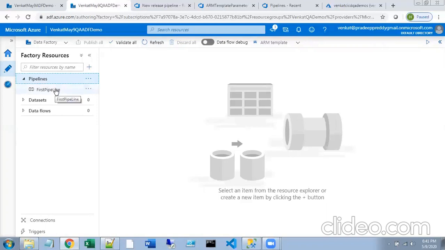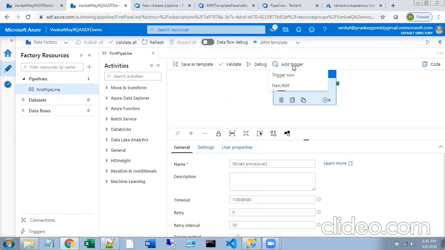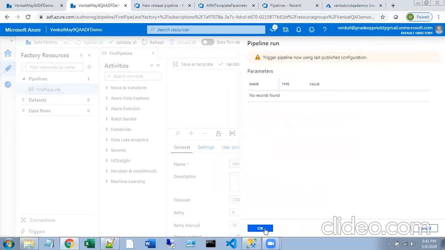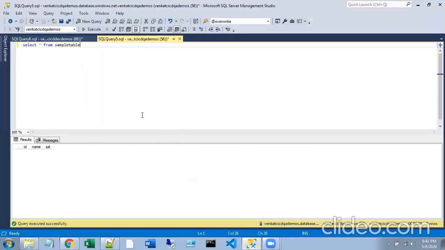Open this and you see the same execute stored procedure. Go for add trigger. We are going to execute this. Say trigger now. Say okay. Once this is completed, you should get the data in the QA environment, not in the dev environment, because whatever connection string you mentioned while creating your build pipeline is the target, that is nothing but the QA environment.